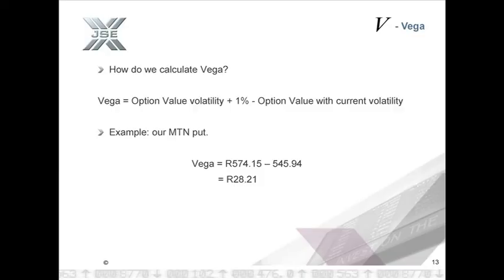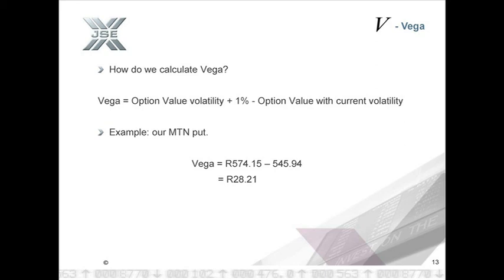Now, how do we calculate the Vega? We look at the next slide. Similar as to our theta formula, we say that the Vega is the option value at the current volatility plus 1% minus the option value at the current volatility. So let's look at our MTN put. We calculate